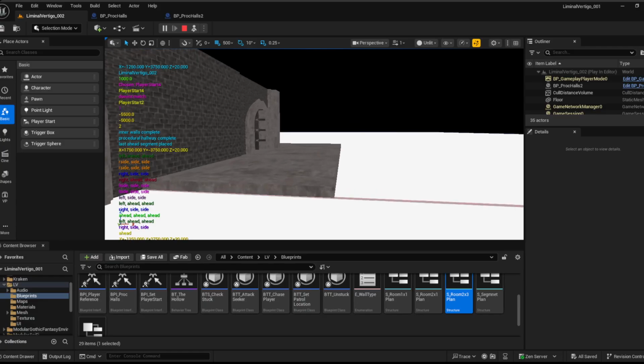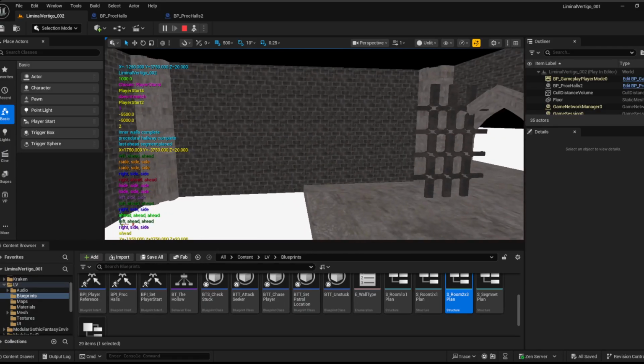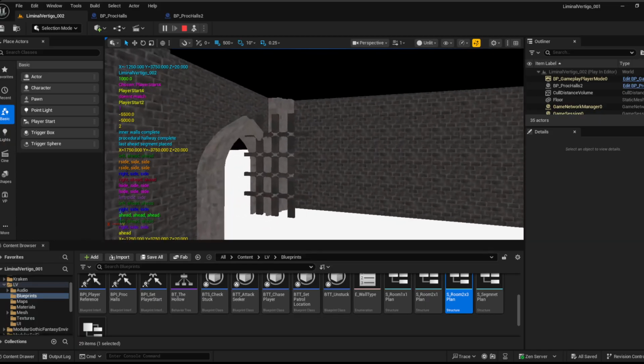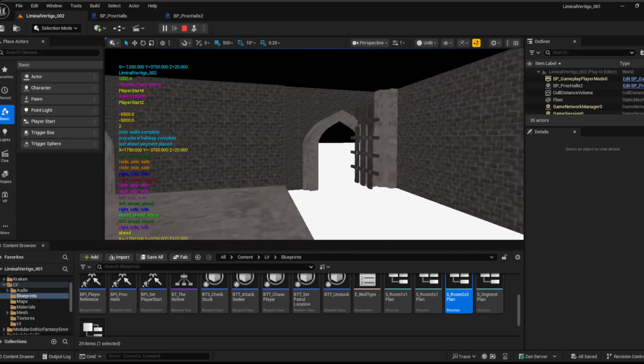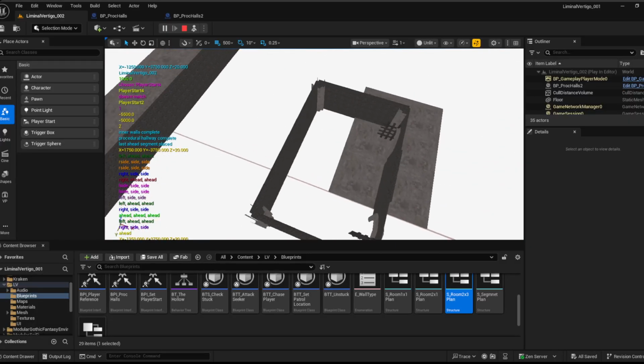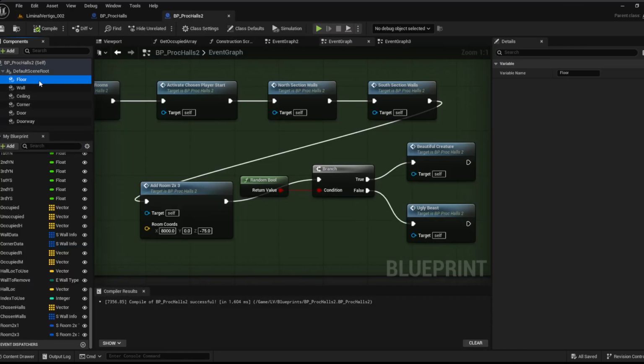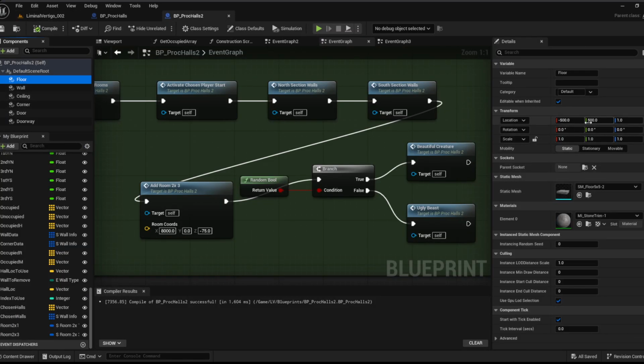The doorways seem to be correct. The walls seem to be correct. The corners seem to be correct. The doors are correct. It's just the ceiling and the walls for some reason. Alright, so let me stop that and see. Oh, that's why. It's because